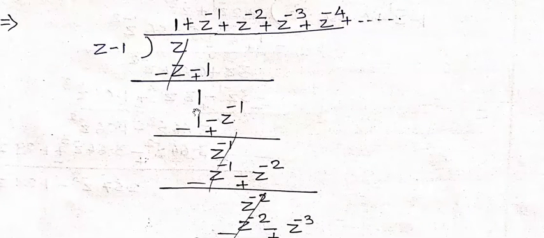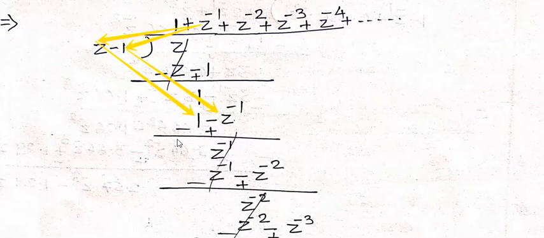To cancel out 1, again I need to multiply this term by z inverse so as to get the first term as 1. So z inverse into z, that is giving the value 1. Similarly, z inverse into 1 is z inverse, with the negative sign. So just by changing the sign, we get 1 minus 1, that is 0, and this will be with the opposite sign, so it will be z inverse.